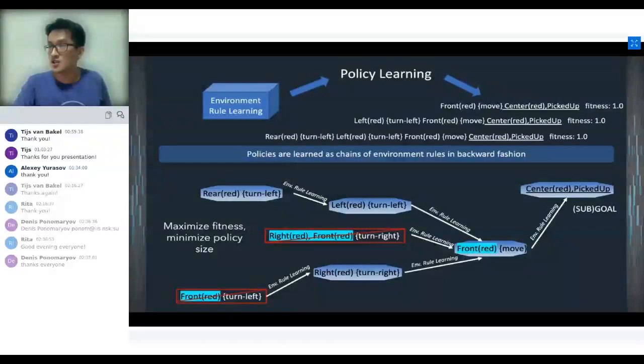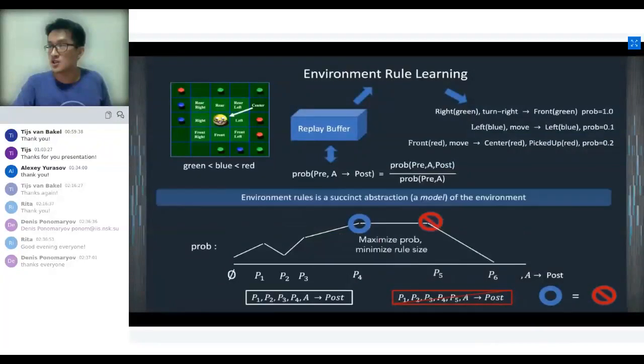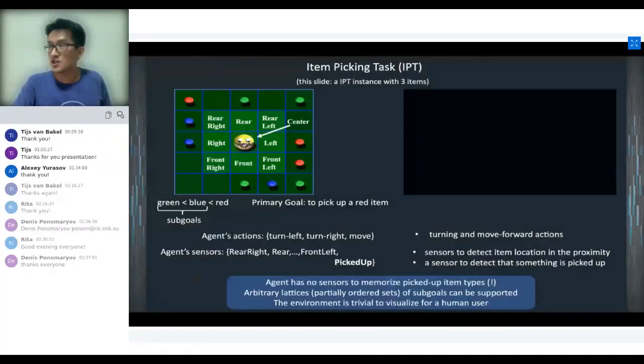Okay, so I have a stupid question just in case I missed a thing. When we were learning the environment rules, so we were learning this interpretable world model, did it include the agent itself? Does it include the rules about how the agent itself behaves? So we have a language for formulation of the rules, which has only the